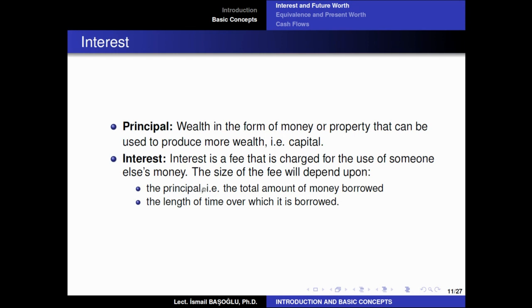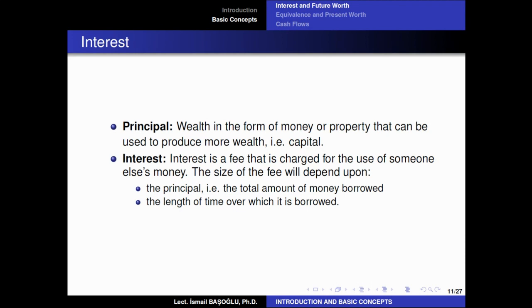If you lend me different amounts of money, the interest that I need to pay for your principal is different. The amount of interest depends on the total amount of money that is borrowed. For example, if you lend me 100 Turkish liras, and you want to get an interest of $10 in the following 3 months, this means I'm going to pay you $100 plus $10 more with the interest at the end of the third month.